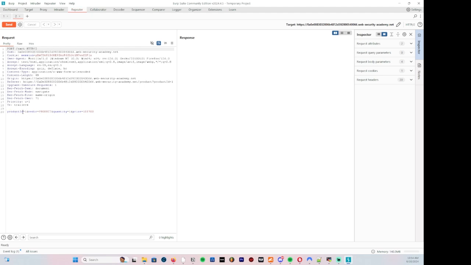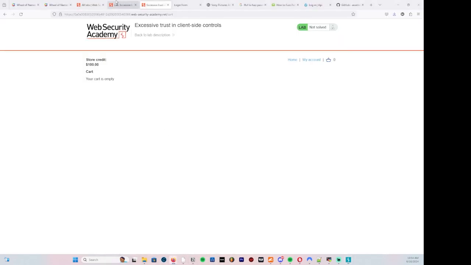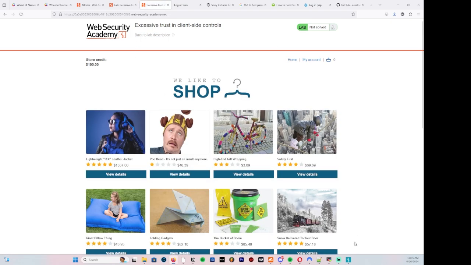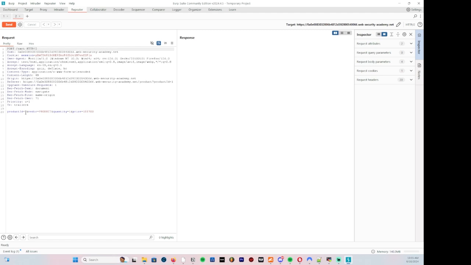It has the product ID, which is the jacket, which matches the location of where the item actually is. If we go back over to the home here, meaning item 1, it's basically saying item 1, redirect us when we click on it to go over to the product page, selecting a quantity of 1, and here is our price. So let's take this, get rid of these here, go ahead and send our request,